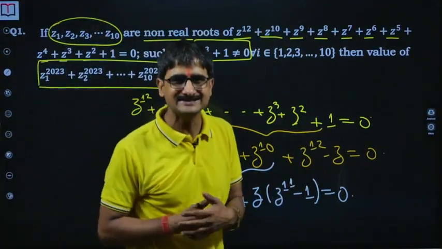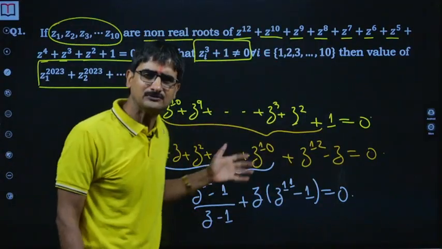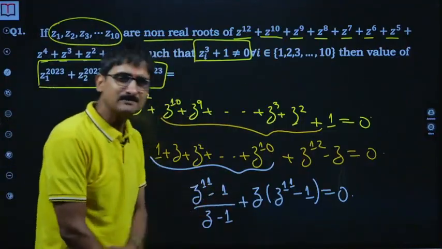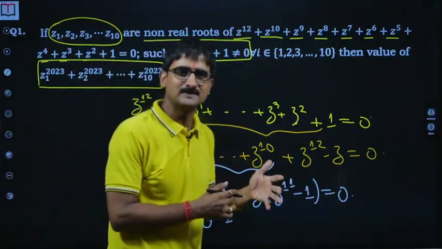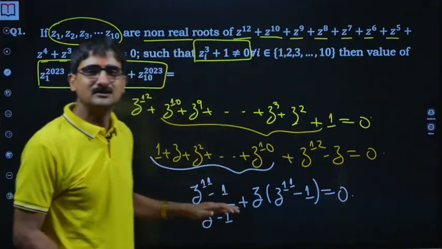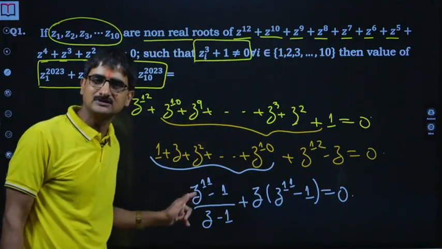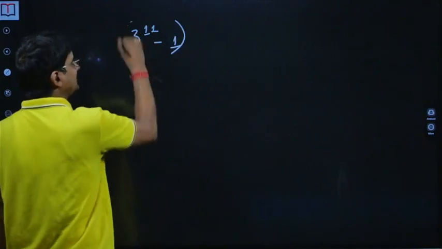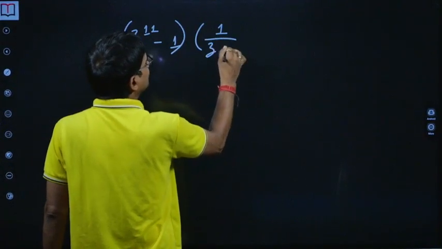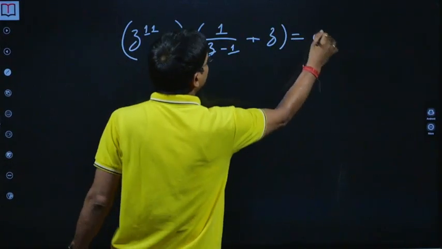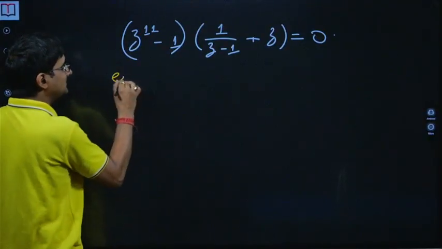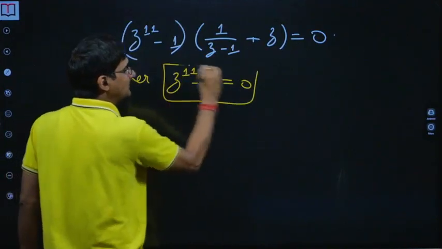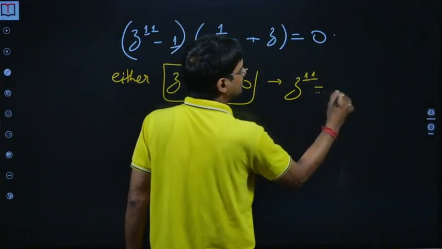It's not that easy. I tried several things, and after some time that thing happened. By trying something, like adding z^11 and z on both sides, then trying a few things, at some point I realized that using this I got z^11 - 1 as common. That helped me realize that it may work. Why? Because at least we can say either z^11 - 1 is 0, so now we are looking at 11th roots of unity.